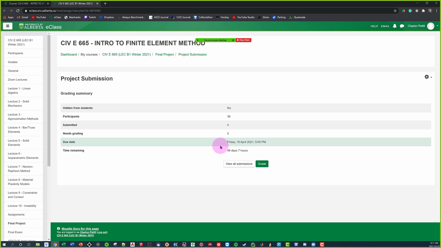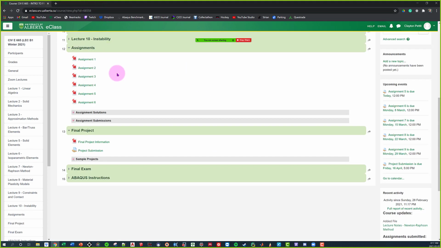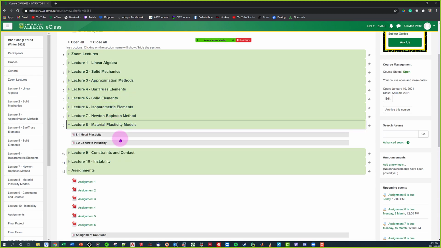All right, so I got a private message about defining cracks in the theory or in ABAQUS. Now, cracks is a bit complex. In the concrete damage plasticity model, which we're going to discuss here, we're going to talk about how the tensile behavior basically accounts for the cracks. But showing the cracks in a finite element model is actually not very simple. What we technically do is go to other methods, because if something is cracking in the model, it basically means that our mesh is breaking apart, and we have to account for that fact.